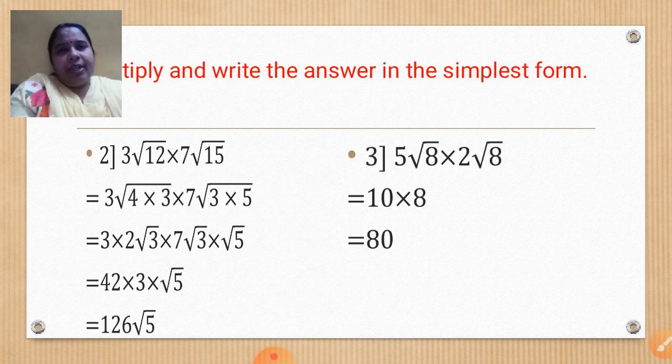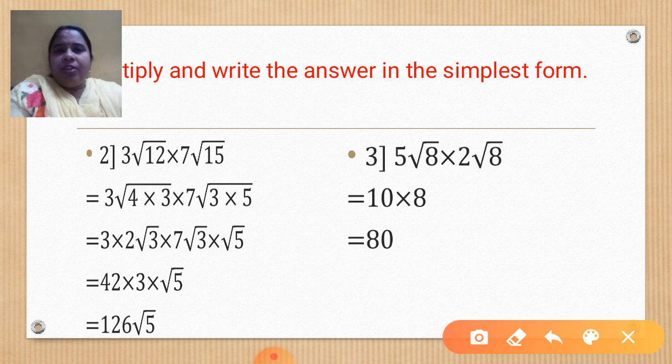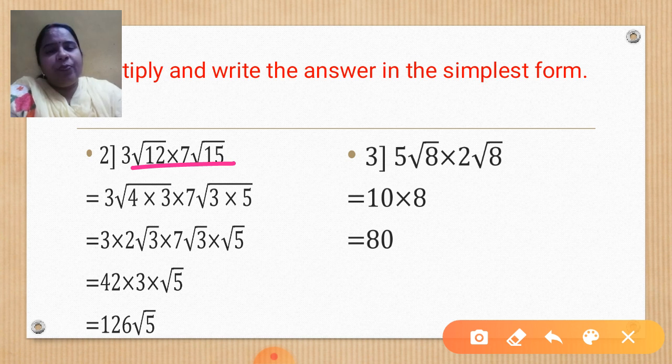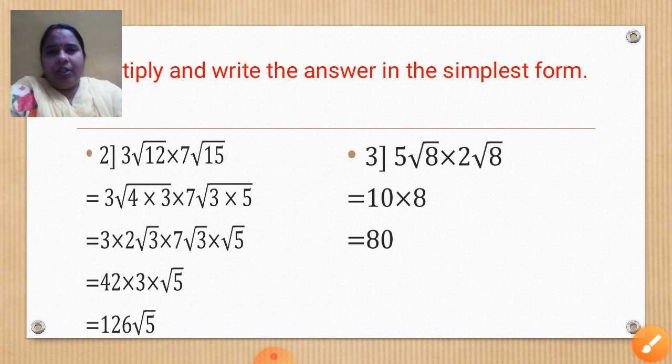Based on the same type, these are the next two sums. Multiply and write the answer in the simplest form. See this, 3 root 12 and 7 root 15. This is our question. What is the first step that I have told you? I will factorize 12 as 4 into 3, and 15 as 3 into 5. Correct? After this what? Once we have done factorization, from this